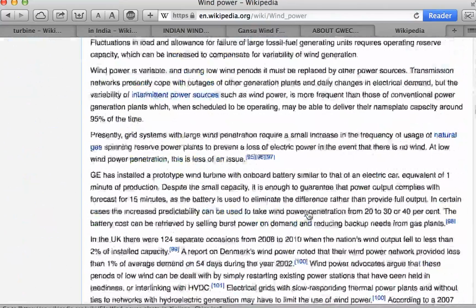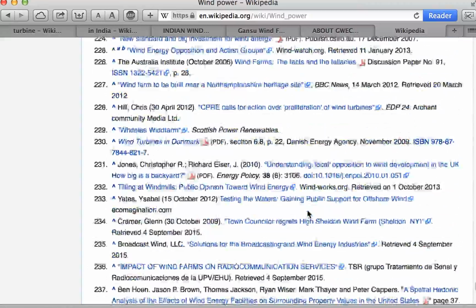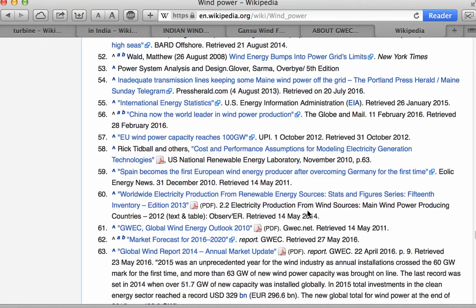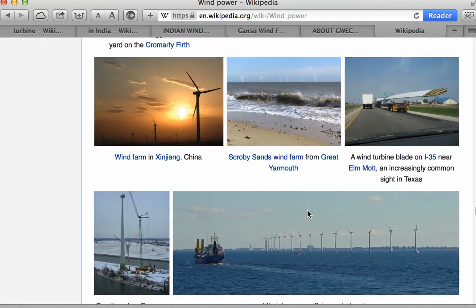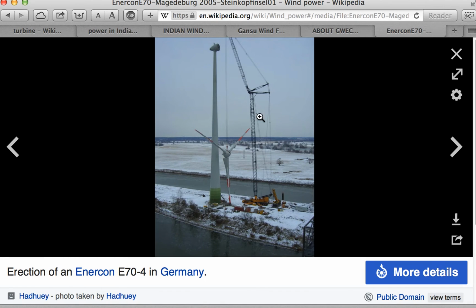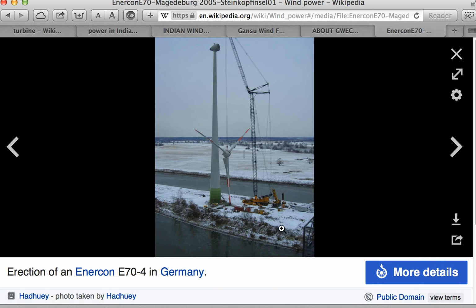Okay. So one final picture I would like to show you, that is at the bottom of this page. Many references are also there, so a lot of material is available. So here you can see this is in Germany, Enercon E70-4 in Germany. They are in the process of constructing the wind